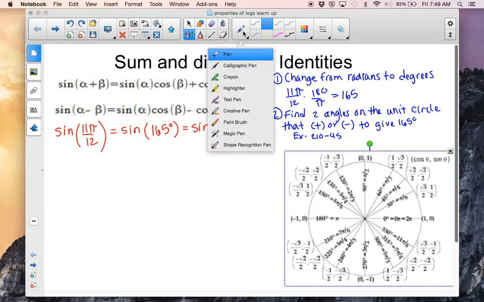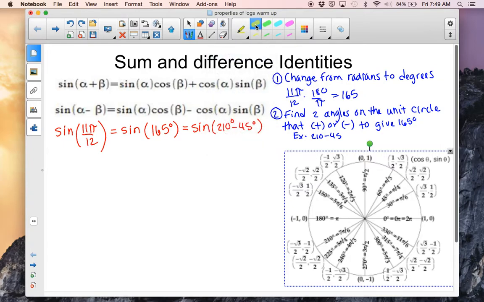Now notice how we have this formula up top that says sine of alpha minus beta equals blah, blah, blah. And now we have sine of 210 minus 45, so it looks just like this formula. Our alpha is 210 and our beta is 45. So everywhere you see an alpha, you're going to plug in 210, and everywhere you see a beta, you're going to plug in 45. So my third step here is